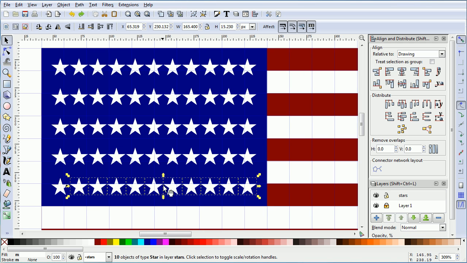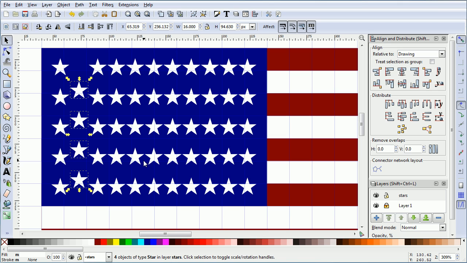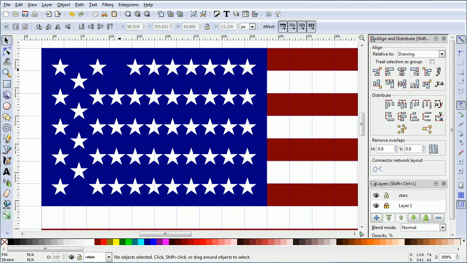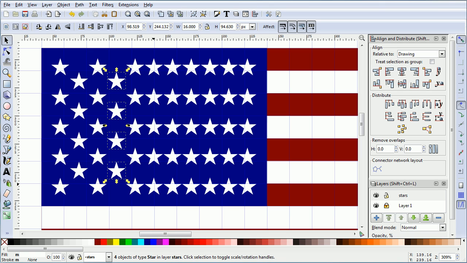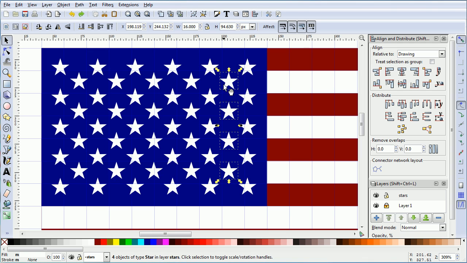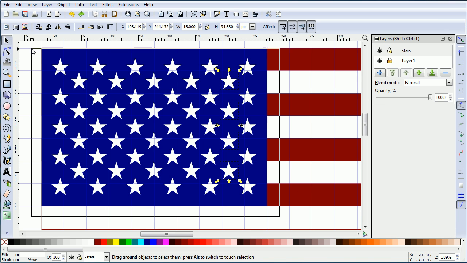When you have duplicated all the rows, select the second star and delete it. Select the 4 below and press the up arrow key. On my system I pressed it 7 times. Repeat the process for every other column. Select the star, delete it, select the 4 below and press the up arrow. When you have moved the last but one column up, close the Align and Distribute panel, select all the stars,